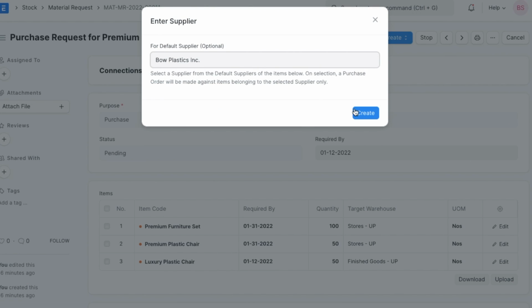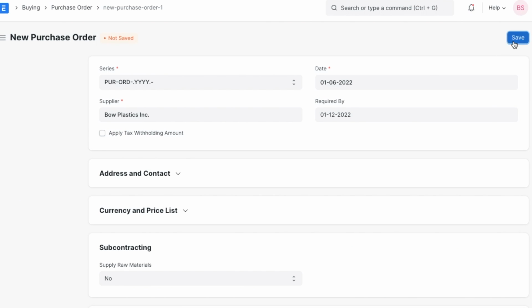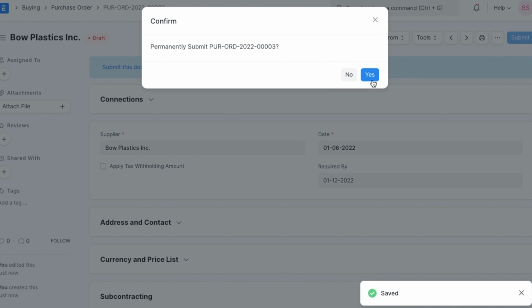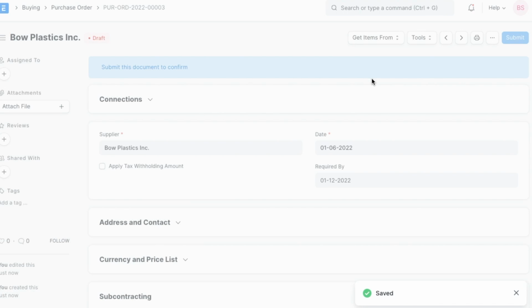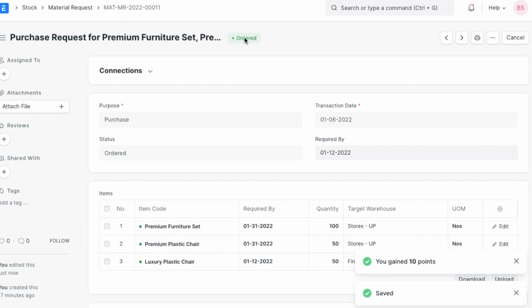Once a material request is made, purchase orders need to be created for this material in the items table. If we generate purchase orders for all materials in this material request, the status will change to ordered. If we create purchase orders for only some materials, the status will be shown as partially ordered. Let's have a look.